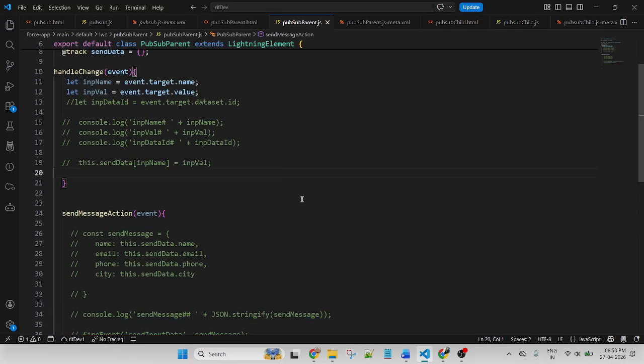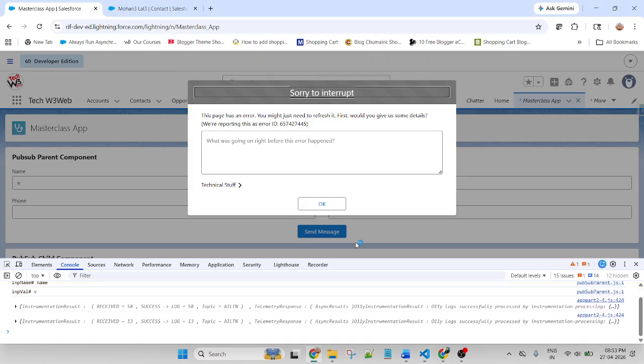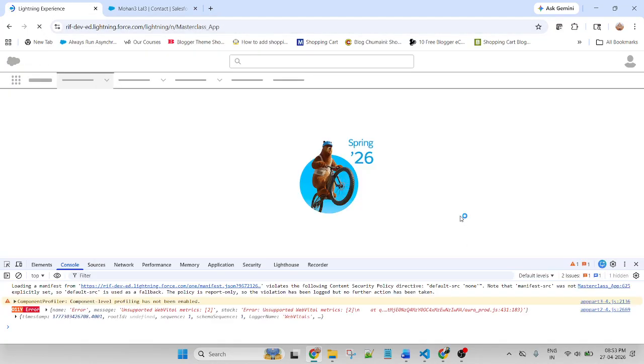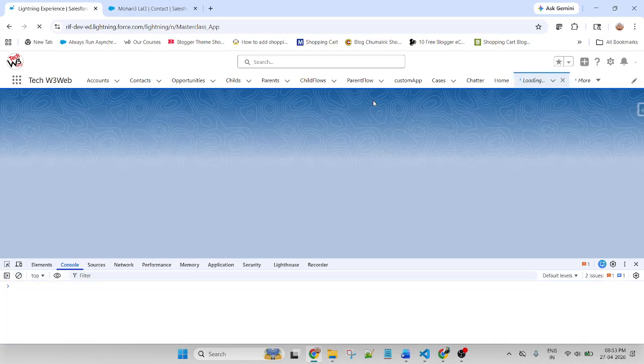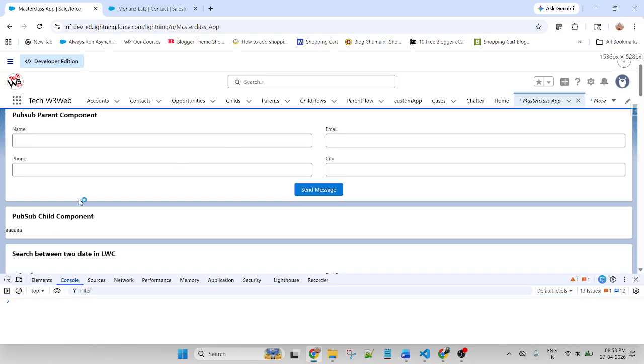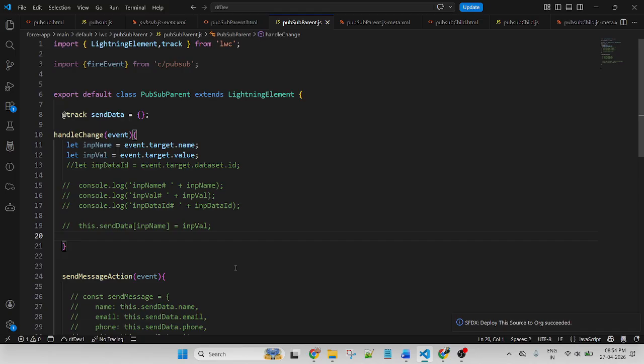Let me comment all of this for now. Why does it display an error?